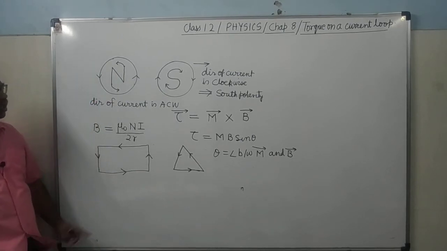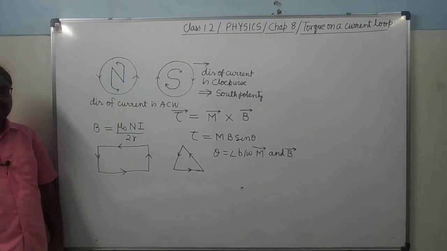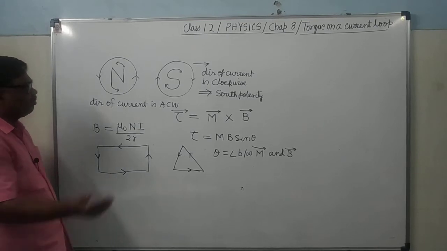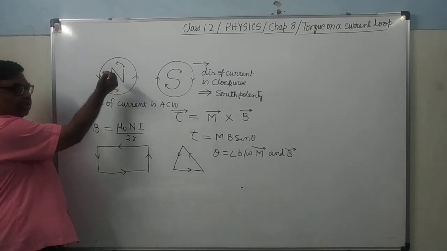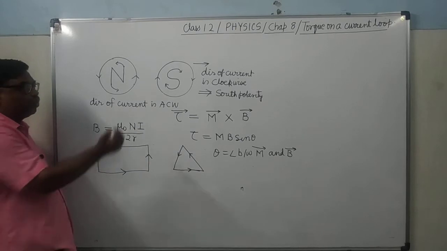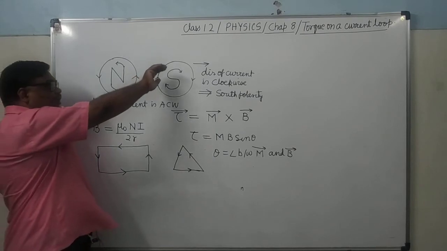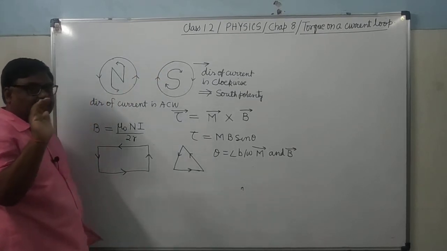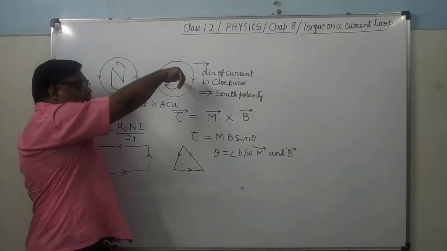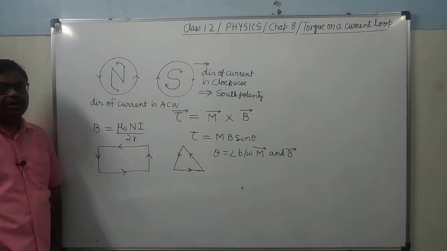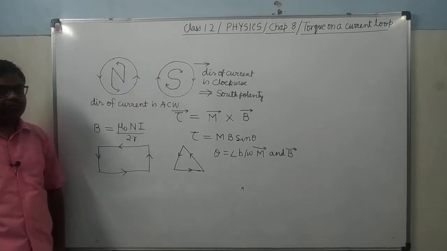For example here, if we assume that this coil is lying on the plane of the board, then what will be the magnetic moment in this case? It is normal to the plane of the board in the upward direction, the outward direction. While here, how will you see? Here you will do the curling in the clockwise direction, so the thumb is normal to the board in the inward direction. So here the magnetic moment is outward and here it will be inward.